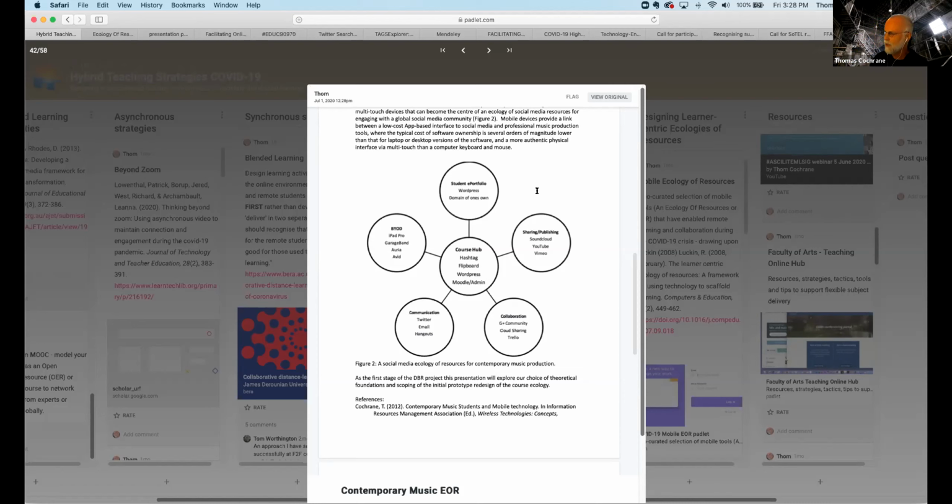So this idea of an ecology of resources, a group of tools that perhaps you as the educator choose and maybe even negotiate with your students and bring together into this ecology concept. So what I'd like to do at this stage is flick it over to Catherine, because Catherine has a nice little presentation, which is actually in this Padlet,